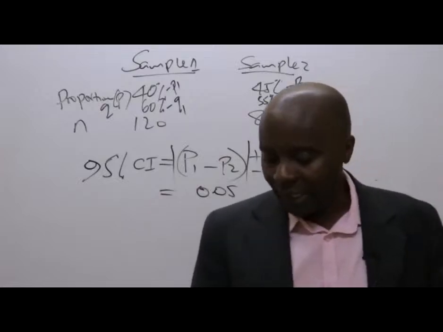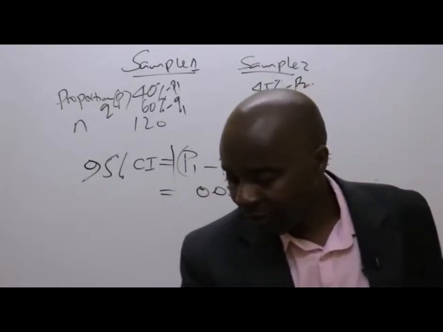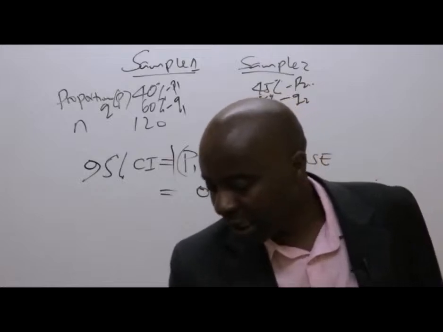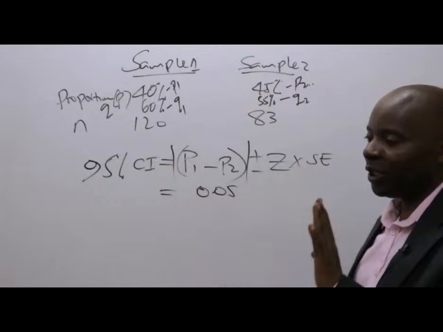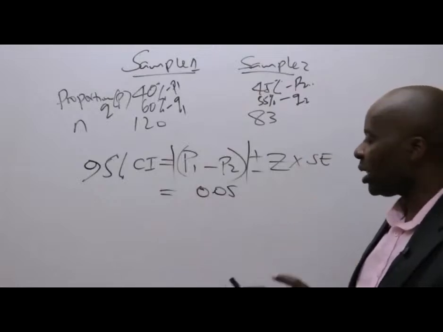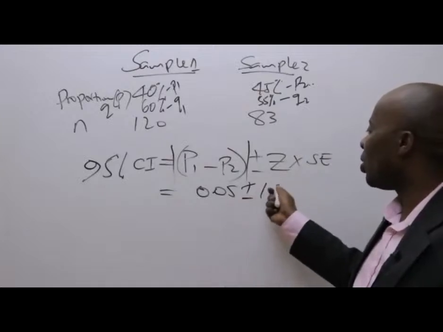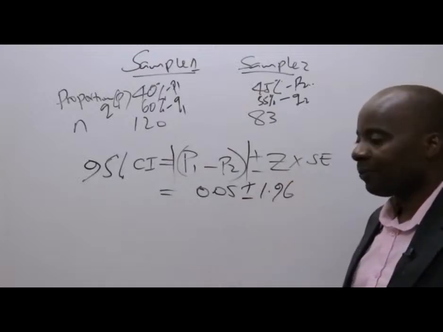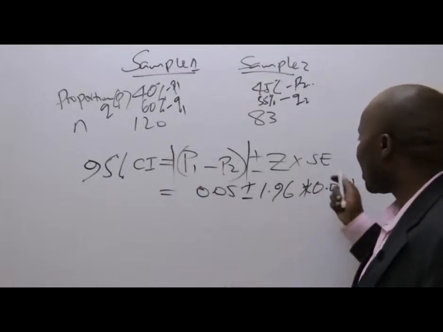And to imagine Dahira has been able to get that figure. And if that is the case, so we have a negative, but we are disregarding the negative. So we take it as 0.05 plus or minus the Z that you guys got, which is 1.96 times the standard error. Fortunately, the standard error, you have obtained it somewhere up there,